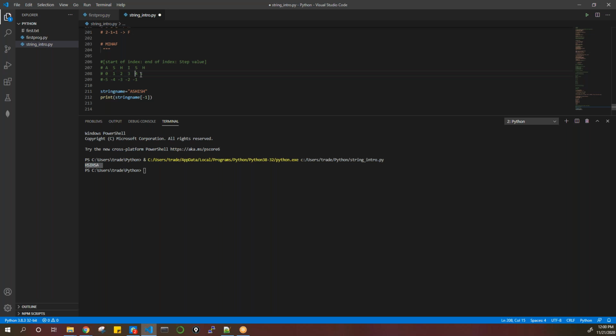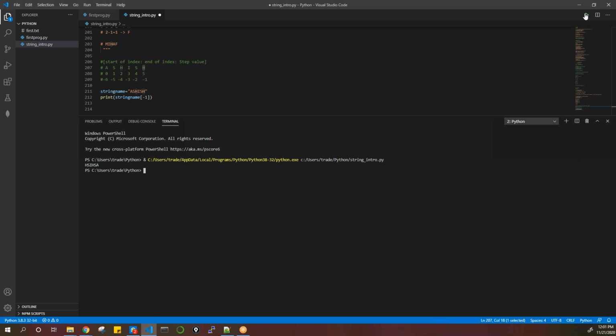So the same indexes can be represented in negative form. -6, -5, -4, -3, -2, -1. Exactly. So now you're explicitly saying that start of index is -1, which is